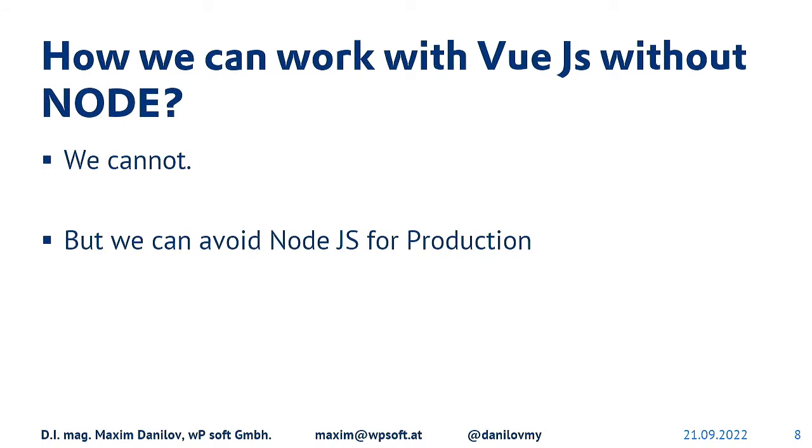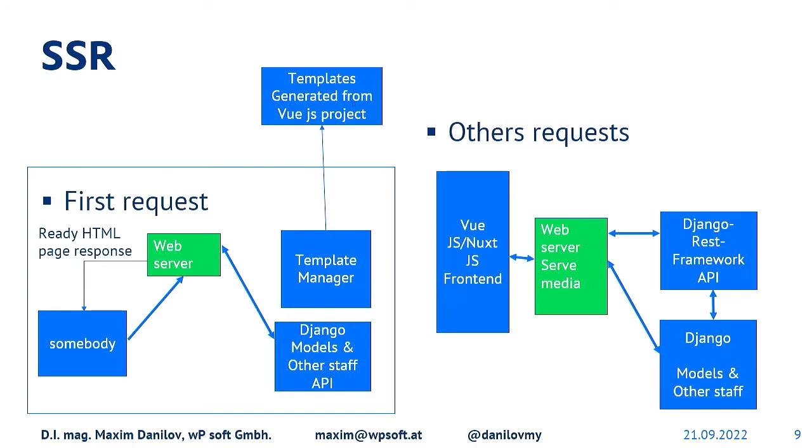Probably we can avoid it. Can we avoid using Node.js? No, we cannot avoid it. But we can avoid using Node.js in production. How? Probably we can use Django side rendering for the first request. But we have a team of Vue.js developers who create the templates for us. And the idea was,